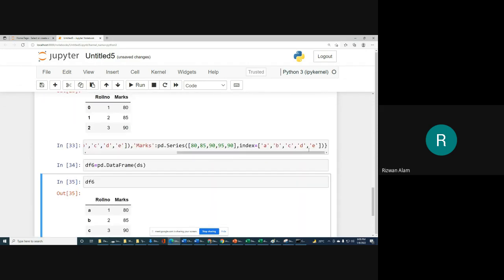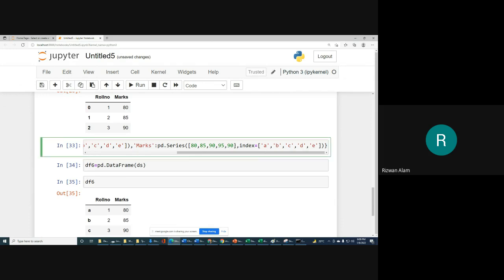Now let me tell you one more point. What if you do not provide marks for, for example, 2 students? How can we do that? We will write marks for only 3 students, so in marks we provide only 3 values.